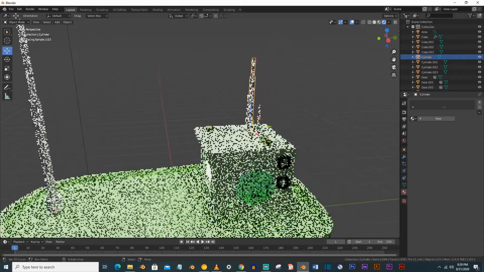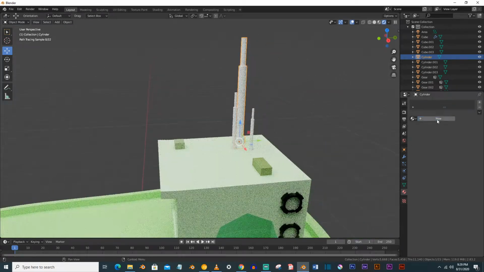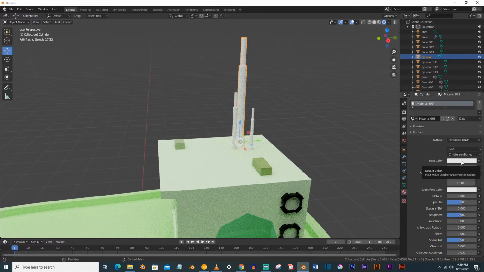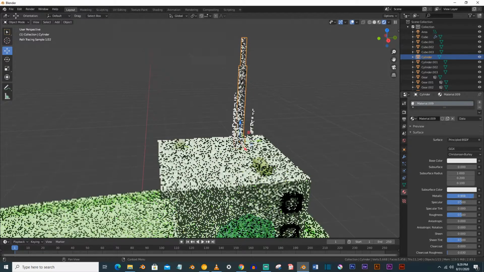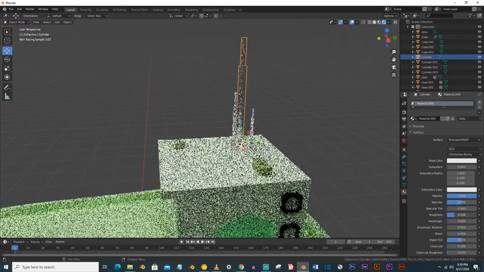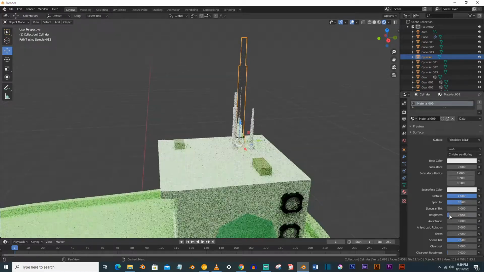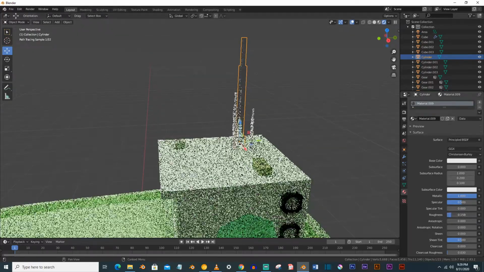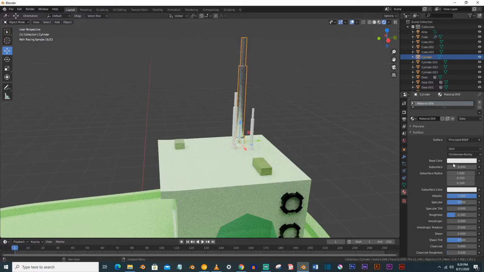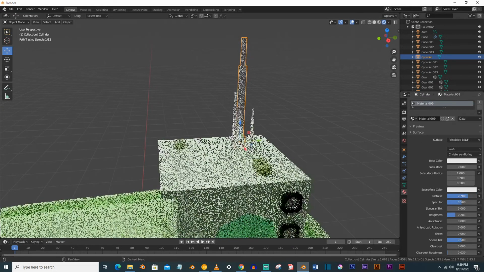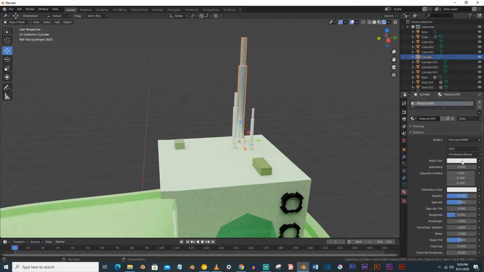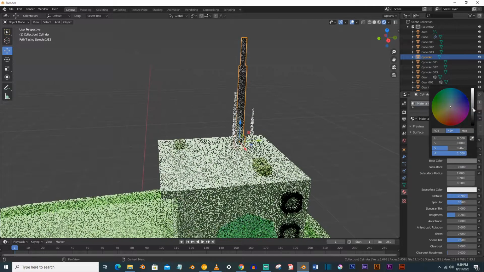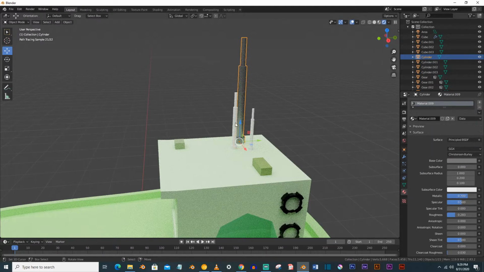And for materials for these pipes or towers, you can go with the metallic, roughness down to 0.2, and metallic a little bit low, and you can make it this color.